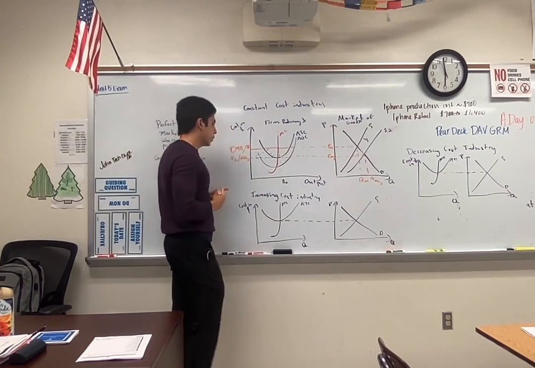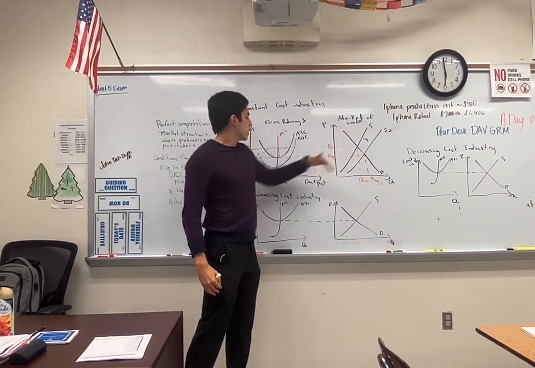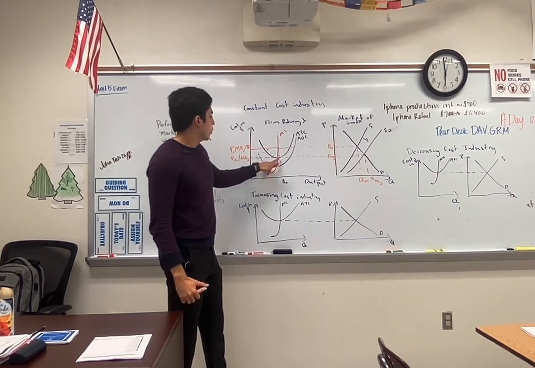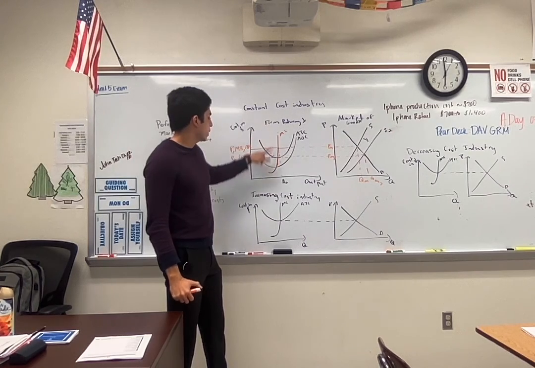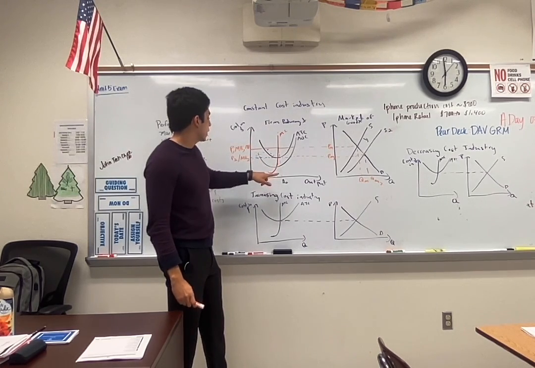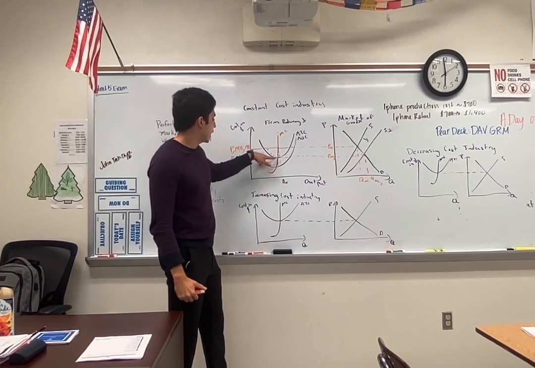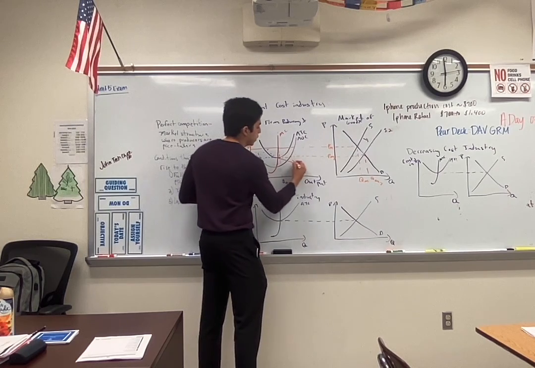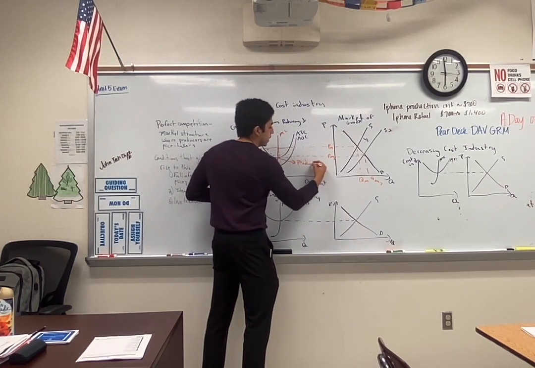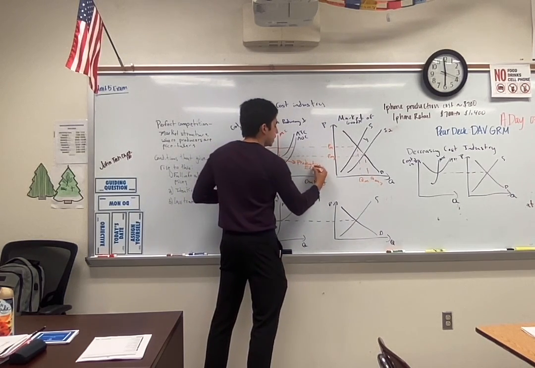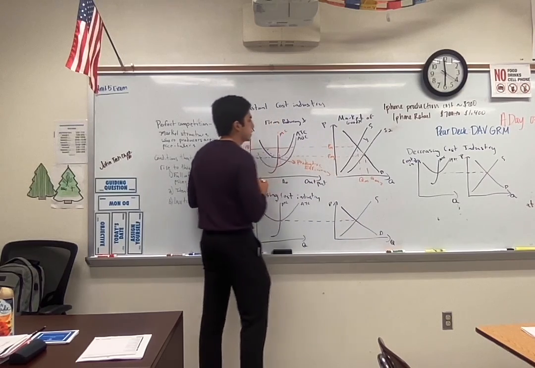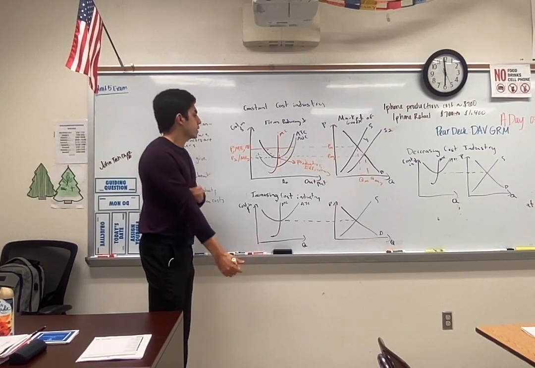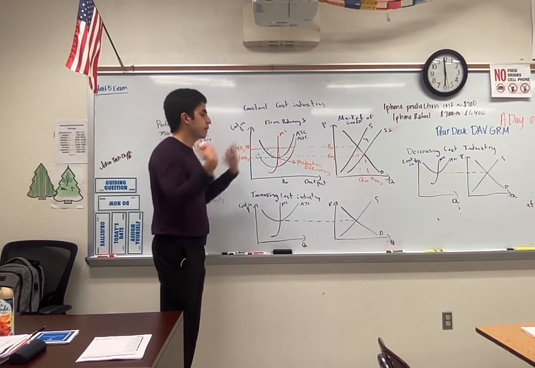Now, what's interesting too is that we expect in the long run that you're going to create a situation where the firm is going to be offering a price that is at the minimum point of the ATC curve, and this point is what we also call productive efficiency. So what these graphs are telling us, in essence, is that in perfect competition, and not necessarily just in perfect competition,